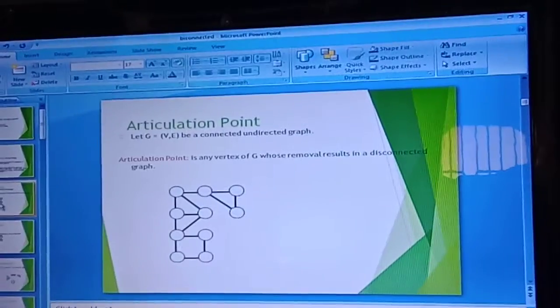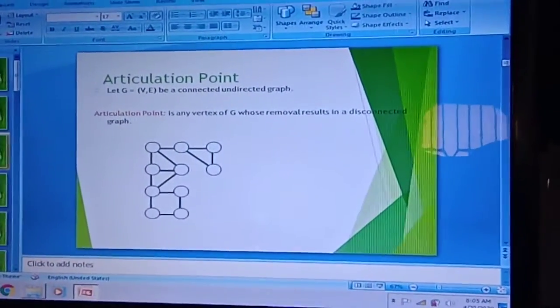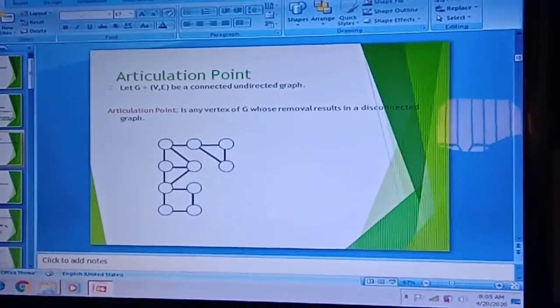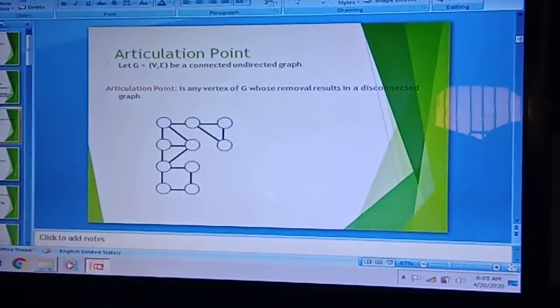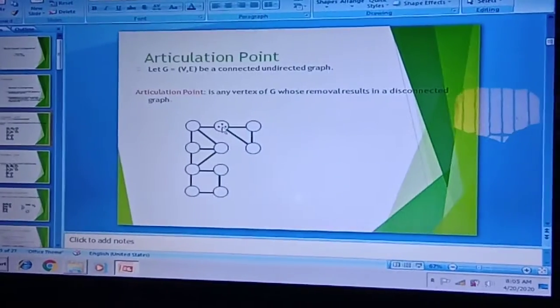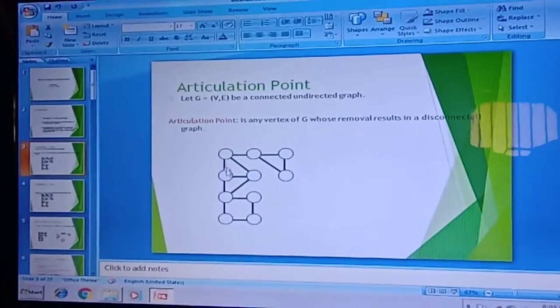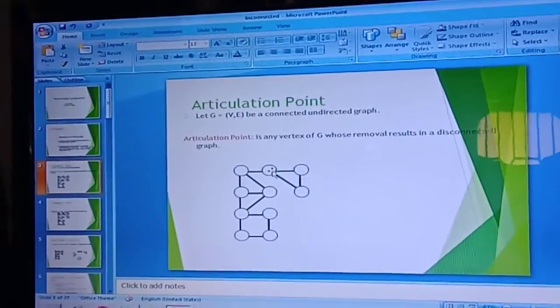Disconnected graph means when we remove that point, automatically the graph is divided into two partitions. So you can see in this example, there are a number of articulation points in this graph. When I remove this one, automatically the graph is divided into two. This is one partition and the remaining part is another partition. So this is the articulation point.